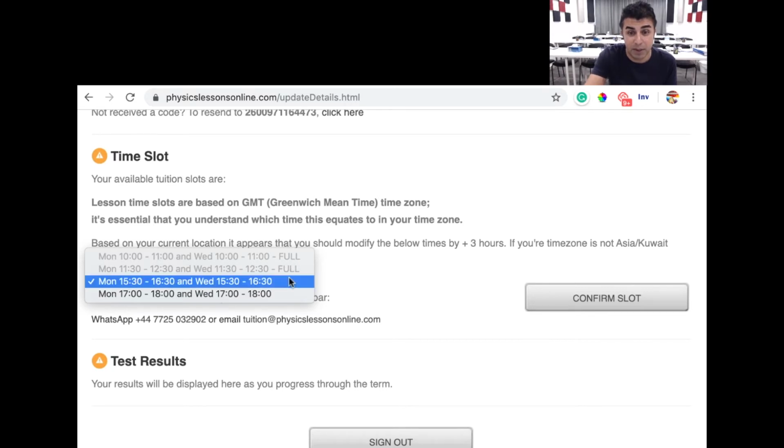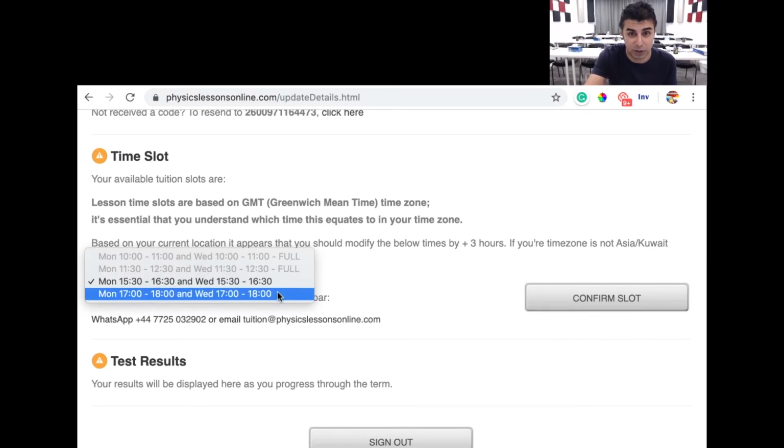That's available. You'll see there's 2 slots up here that are completely full for online. And the one below, Monday and Wednesday, it says 5 till 6. So where I am in Kuwait, it's telling me to add 3 hours. So this should pick up where you are. So that basically means it's 8 till 9 on both Monday and Wednesday. So that's how that works.